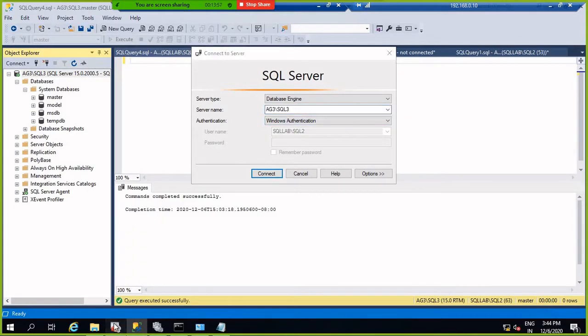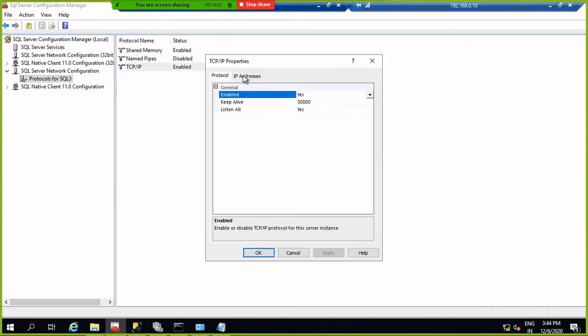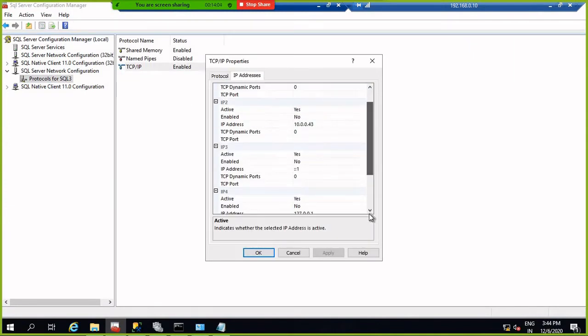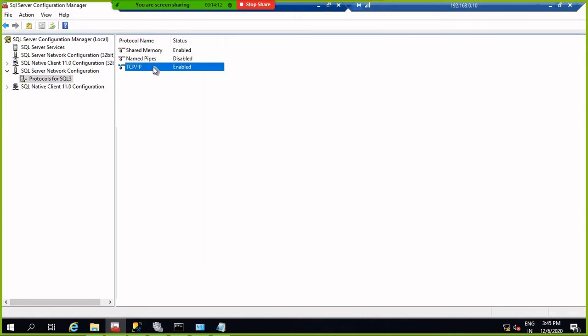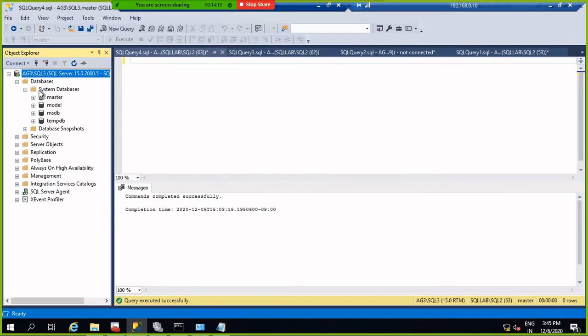Here is the configuration, this is the port, it should be enabled here. 57872 is enabled. And one more thing we need to check.